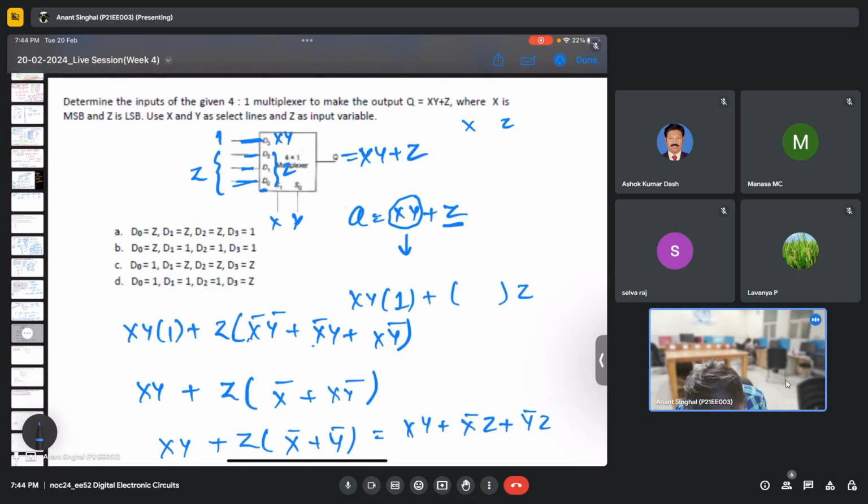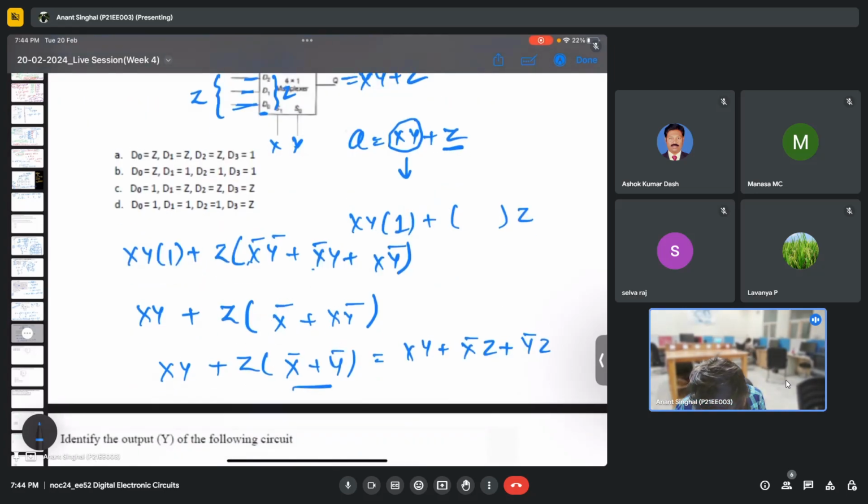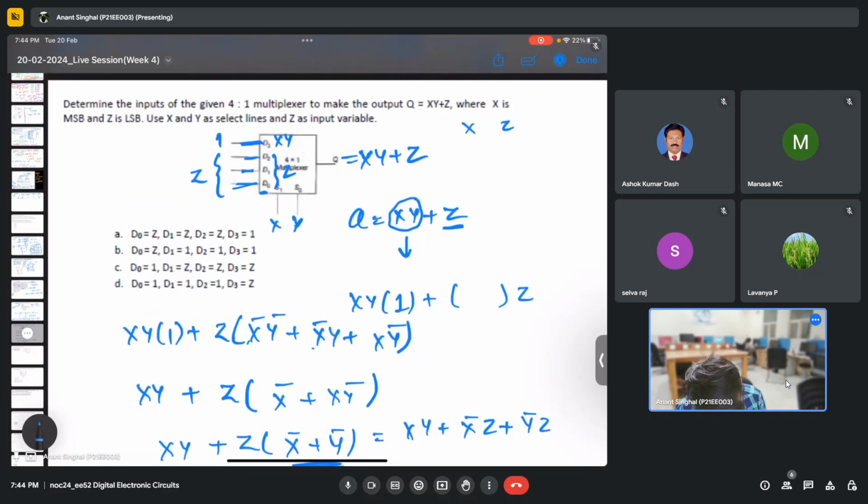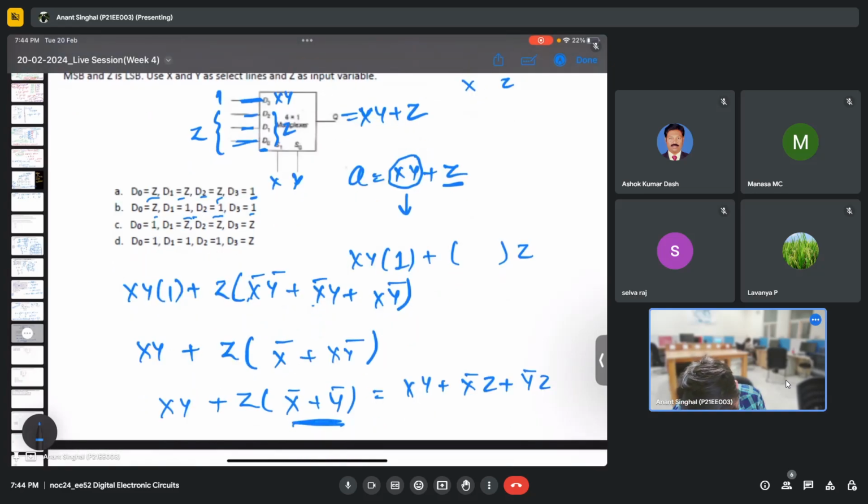I need to check it again. I want this as 1 also. So what other combination is given? 1 z z z, 1 1 1 z. So let's try this 1 1 1 1 z. If this is 1 and this is 1